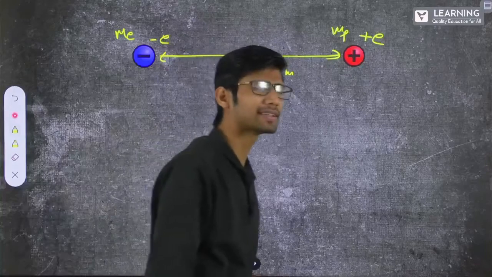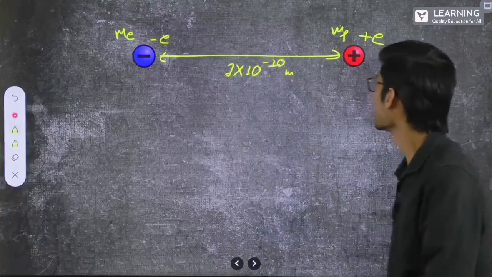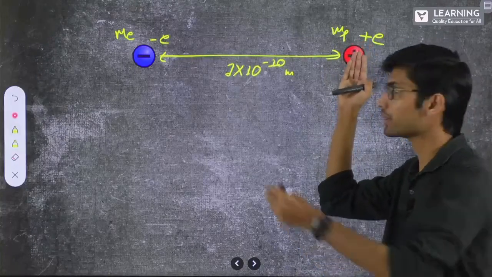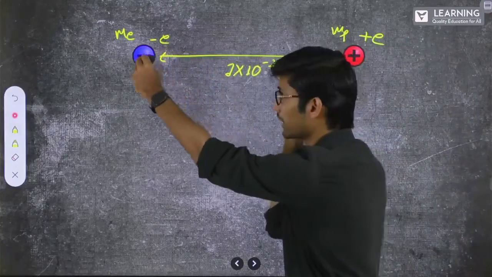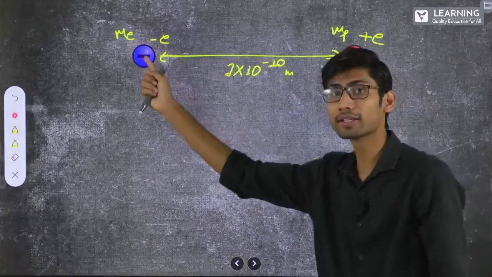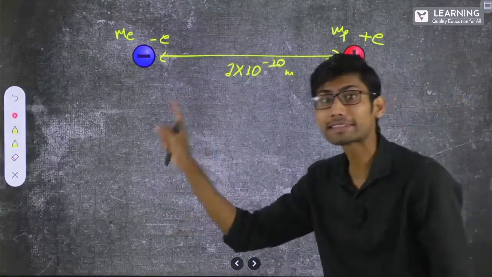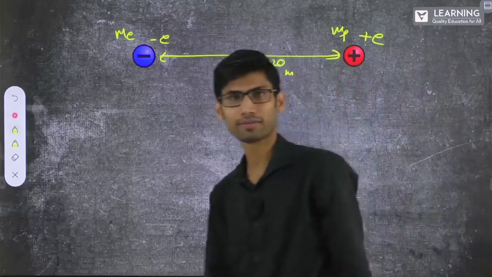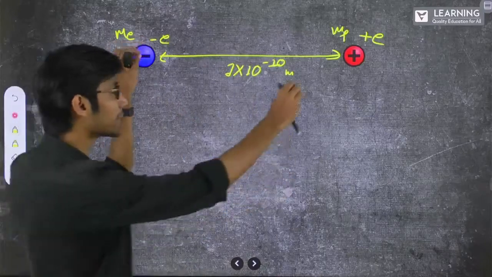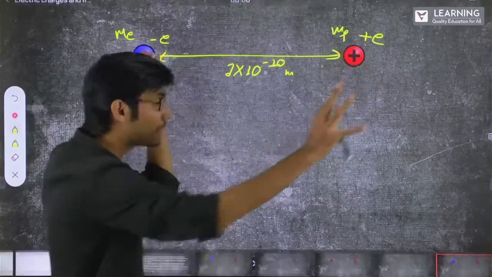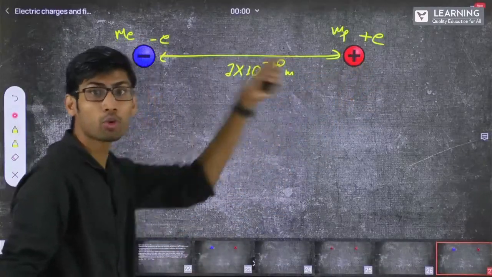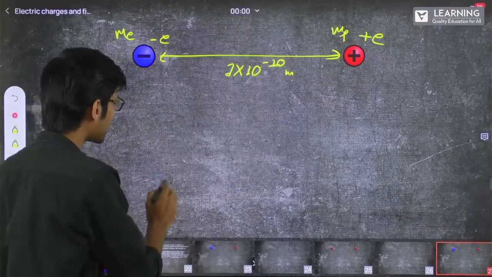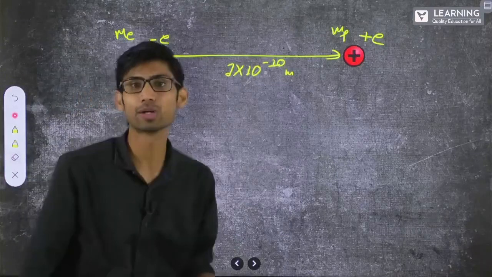Now, how do we find out the acceleration? See, understand, if I hold this charge here and bring this negative charge here and remove my hand, this charge will suddenly start moving towards this. Now, with what acceleration will it move? That acceleration we have to find out. Similarly, if I hold this charge here and bring this positive charge here and remove my hand, this charge will start moving towards it with a very high speed, with a very high acceleration. That acceleration we have to find out.